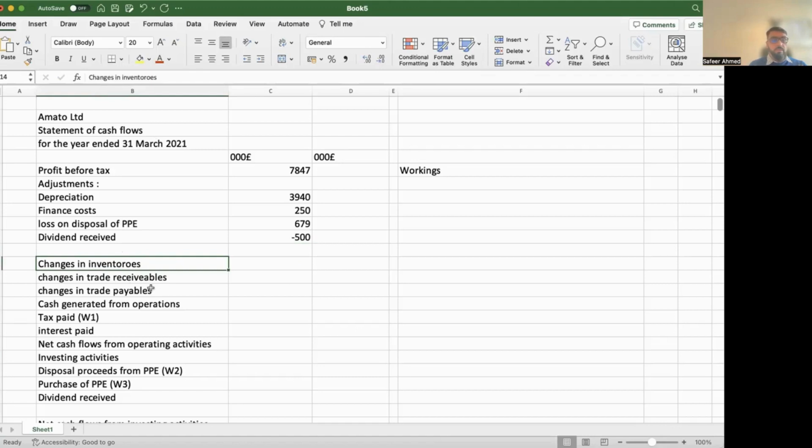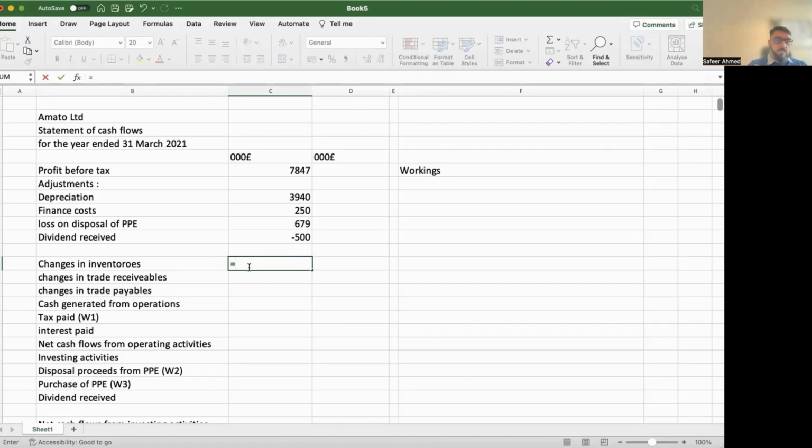So if you look at the inventories, which is under current assets, you can see that last year inventories was 9638 and this year is 10870. So which means that there was an increase in inventories. Now, if it is an increase in inventories, in terms of the cash flow, it is cash outflow because the company must have paid the money to buy these inventories. So therefore, this change in inventory, which is an increase in inventories, we will be deducting. It will be a negative amount. So as I need a negative amount, I'm just writing the smaller amount first. Okay, so you can see 9638